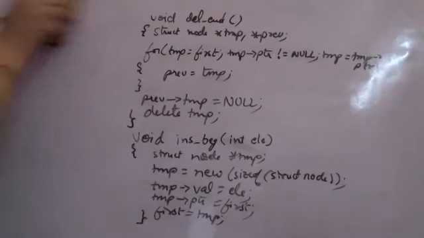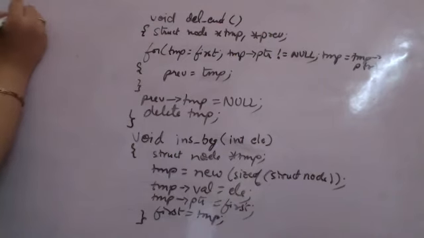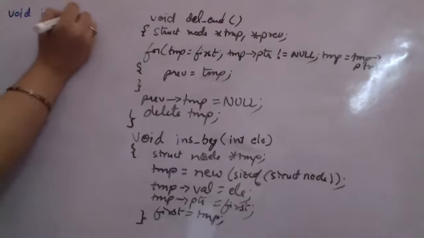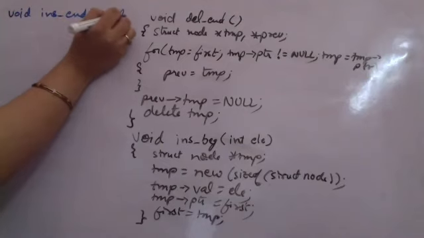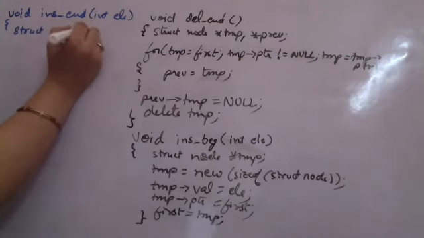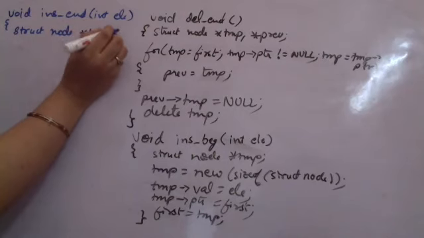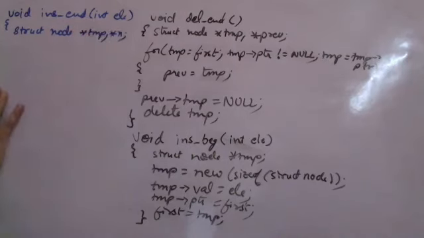Let me give you C++ codes for insertion at the end also, and insertion after a particular element also. So I'm having void insert at the end. Again, I will be having the element that has to be inserted, right? Since I have to insert at the end, again I will be creating struct node temp. I have to move to the last element and then do the insertion. So I'm having the temp, and I will be having the new node that is to be created. So I'm having some new node n.